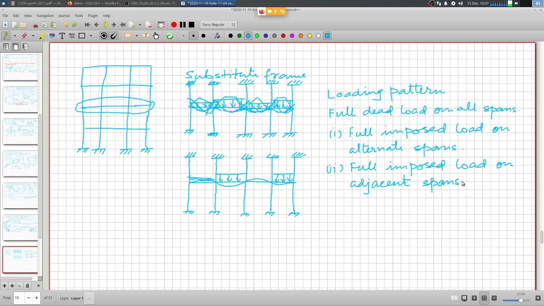So these two conditions, you evaluate the dead load forces and then we set it aside, and then